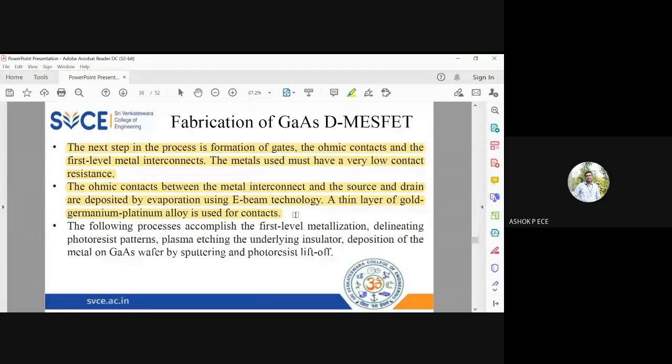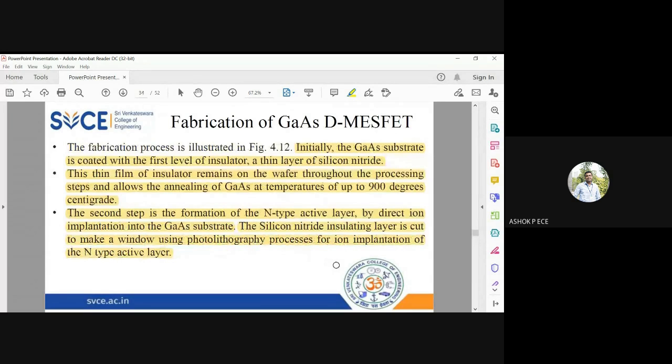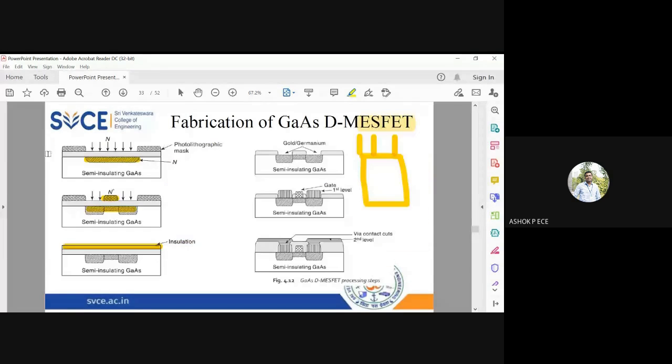The following processes accomplish the first level metallization: delineating photoresistive patterns, plasma etching the underlying insulator, deposition of the metal on the gallium arsenide wafer with sputtering, and the photoresist lift-off. See, in photolithography, you will be using this mask, right? So whenever you have finished the process, you have to remove all those masks so that your actual device will be visible. So now you see you have a gate, and on either side, you have source and drain,